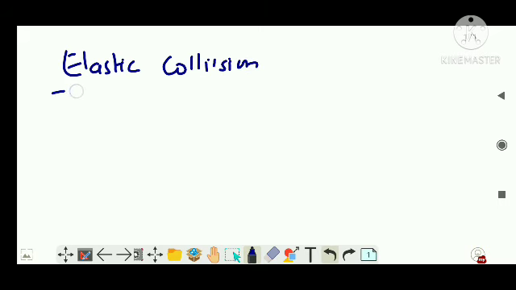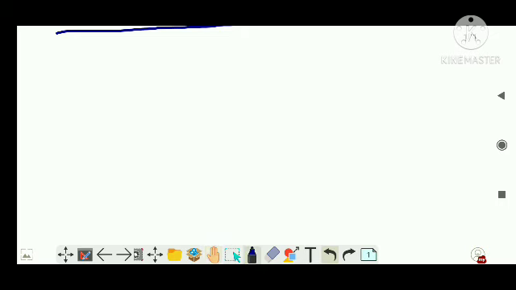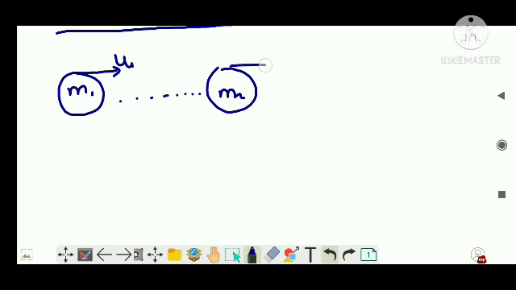Now, elastic collision is also called head-on collision, right? And just like in the NCERT section which we took, I told you there can be 2 types of collision: one-dimensional and two-dimensional. Out of this, the elastic head-on collision comes under 1-dimensional collision, right? I'm not going to go into detail in that section because you have already learned it. So m1 is a mass, let's say it is moving with a velocity u1, in the same axis another mass m2 is moving with velocity u2, let's say like that, right?